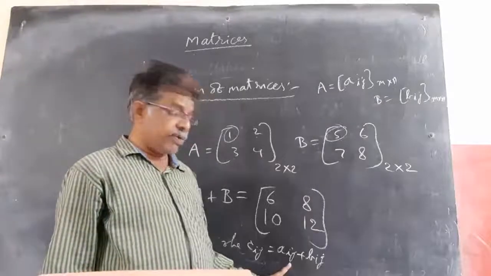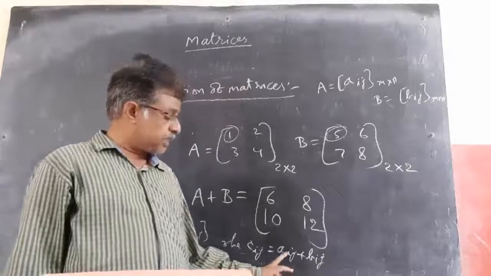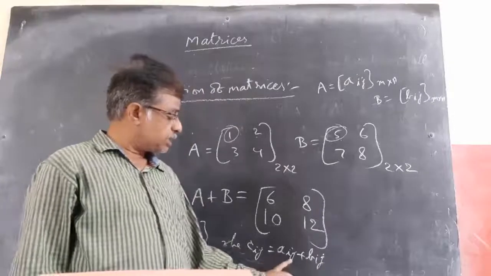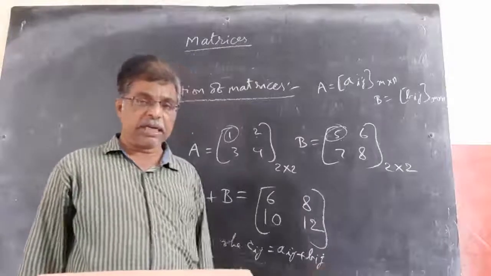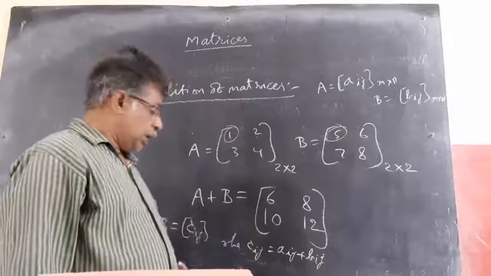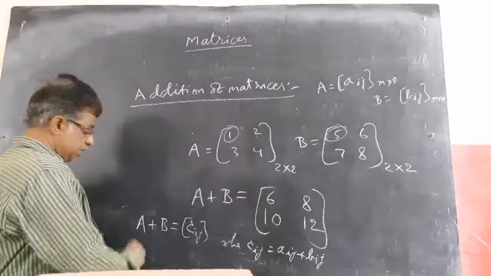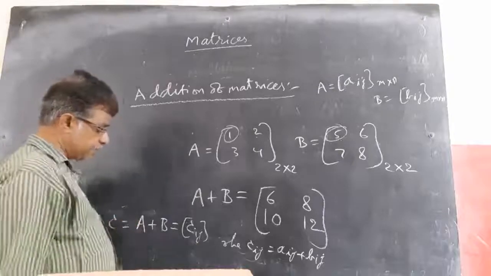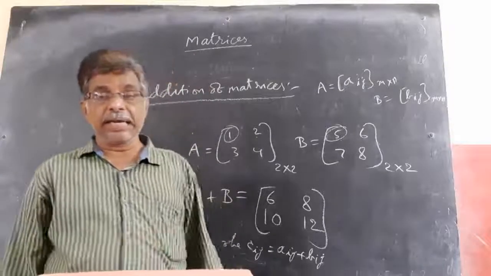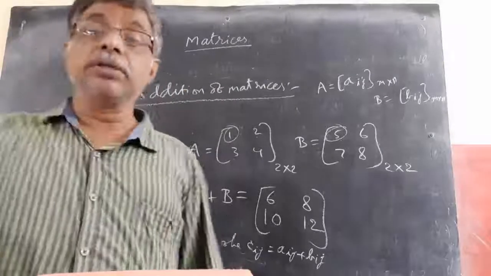If I am taking 1 1, this is also 1 1. A11 plus B11 means the first row first column element from A and the first row first column element from B; then the first row second column from A and the first row second column from B. Like this I will get all the elements of A plus B. Now I can represent this with some C, then C equals A plus B. If you add the corresponding elements, you will get A plus B. We will continue in the next class.